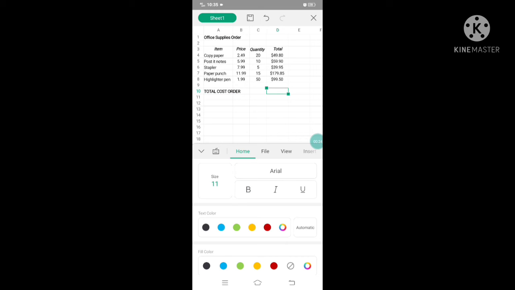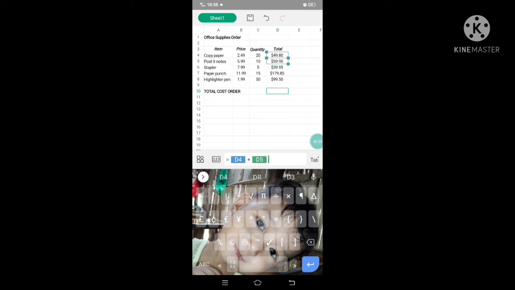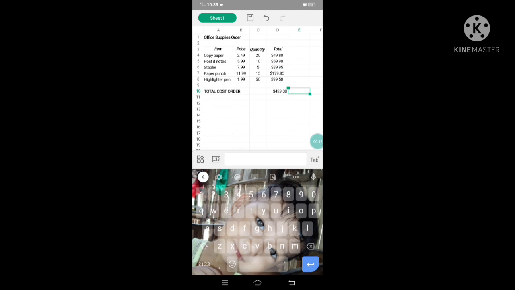To find this total, I will use the equal sign and then click D4 plus D5 plus D6 plus D7 plus D8, enter. This is the result, but it is too long a process, so I can delete it